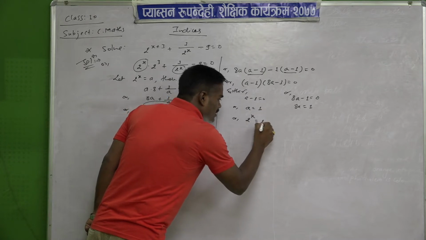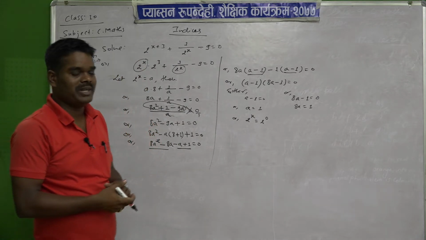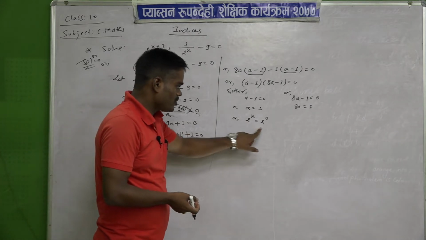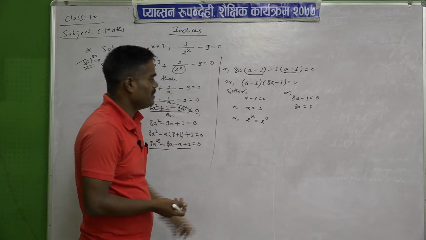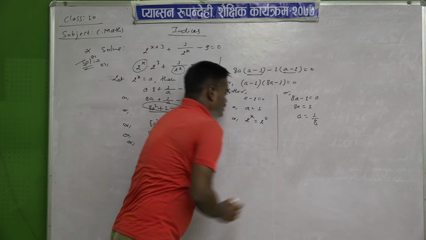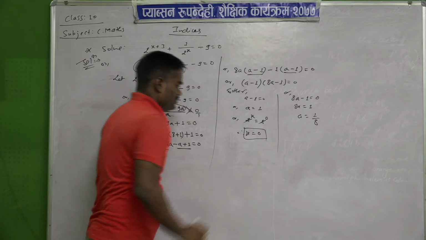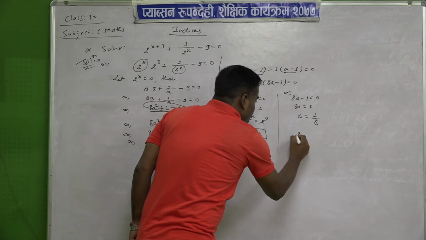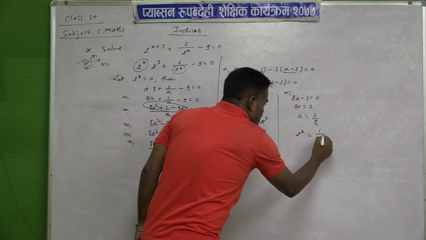So you can write 2 power 0, because if the power of any base is 0, then the value is 1. What is the base here? 2. So we have to write 2 power 0. If the base is 3 here, we write 3 power 0. Then the value will be 1. And here a equal to 1 by 8. Likewise the bases cancel. X equal to how much? 0. We have got one value, x equal to 0. And then, like here also put 2 power x, and here we have to convert this number in the base of 2.